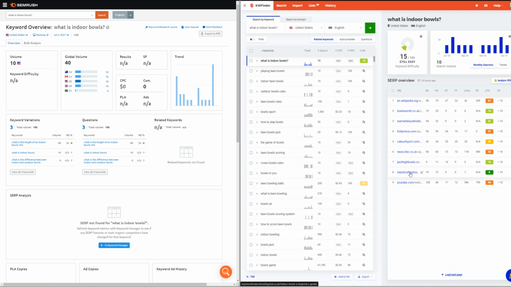They all seem to be kind of on point. I seem to remember some of them are more like a beginner's guide. So I think if you were to do an article which was more based around what is indoor bowls rather than a beginner's guide, you might have a higher chance of ranking for this one. But yeah, 15 seems fair, considering there are 3 things in the top 10 which